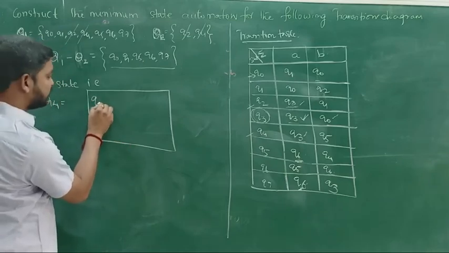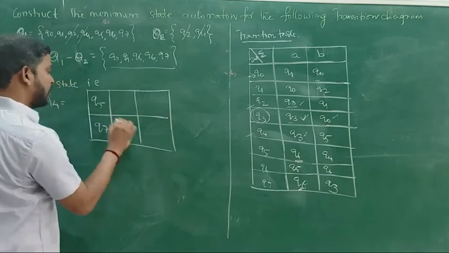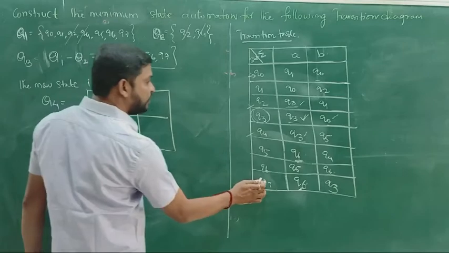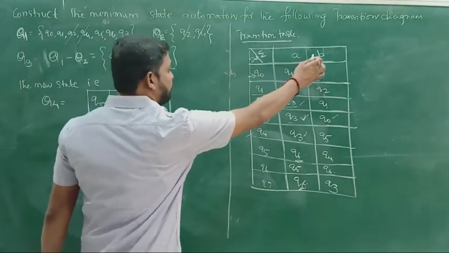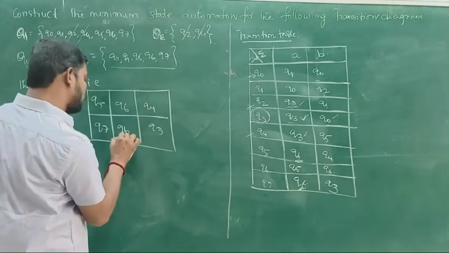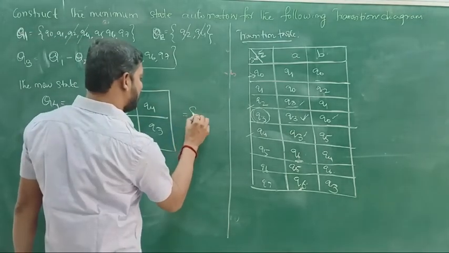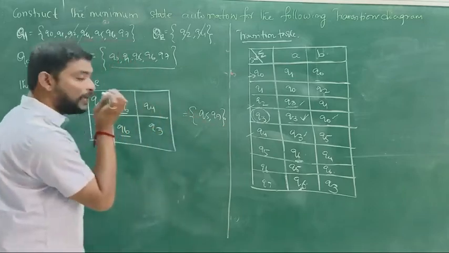And given q4 is equal to, what happens? Normally see, so the line set, q3. Next here we got q5 and q7, these two are the one set, and q5 of a is equal to q6 and q7 of a is equal to q6, and q5 of b is equal to, what happens, q4 and q3, so these two are the line set. Now the set is q5 and q7. So this is the new set.